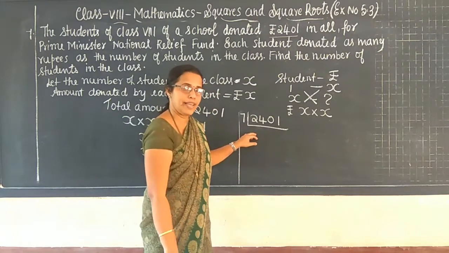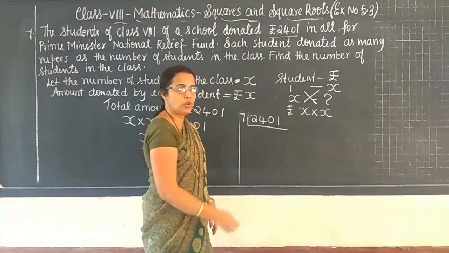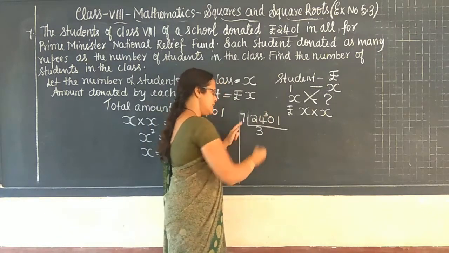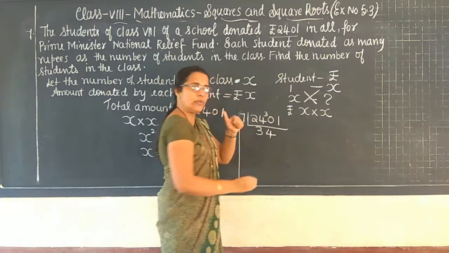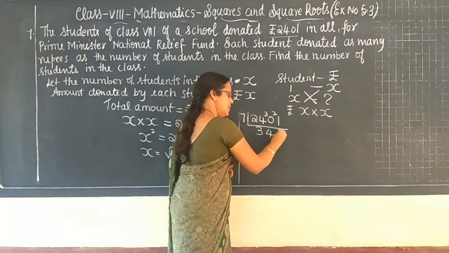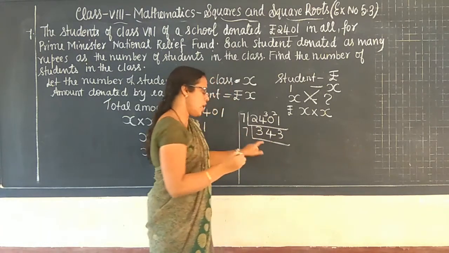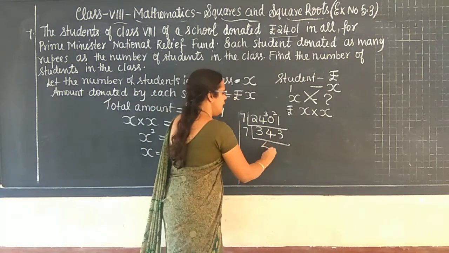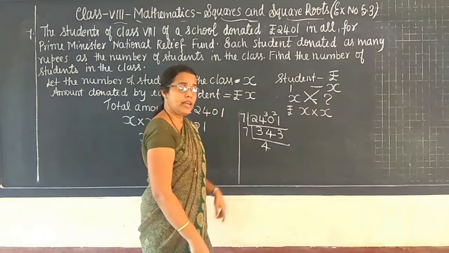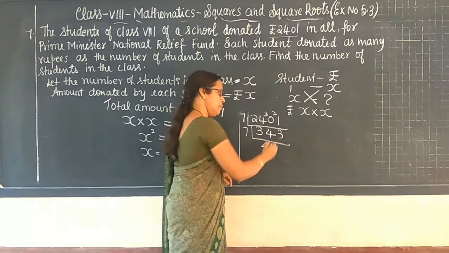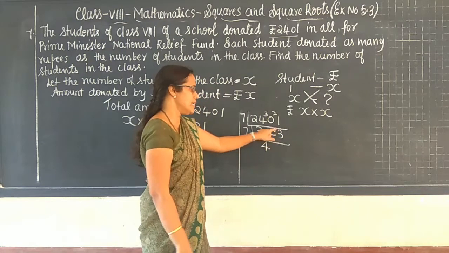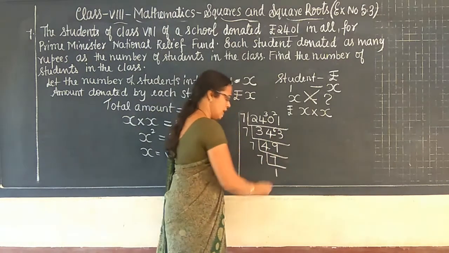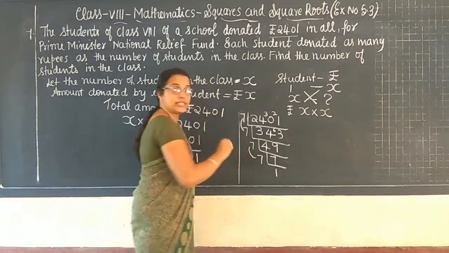Let us see the 7 table again. 7 how much are 24? 7 3s are 21. 22, 23, 24. 3 carry. 7 4s are 28. 29, 30. 2 carry. So again, 7 how much are 34? 7 4s are 28, 7 5s are 35. 34. 7 4s are 28, means 6 carry. 7 how much are 63? 7 9s are 63. Again 7 7s are 49. 7 1s are 7. See, it is a perfect square because it is having a partner.